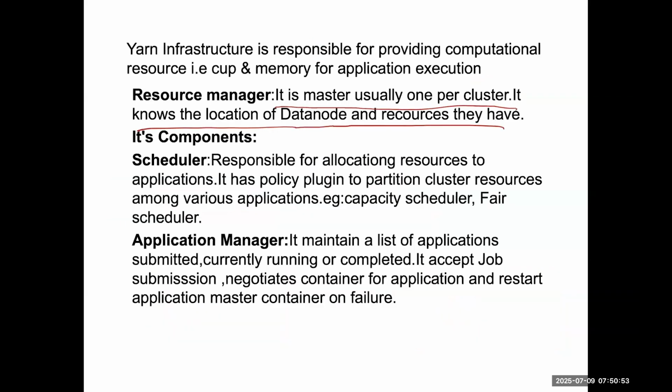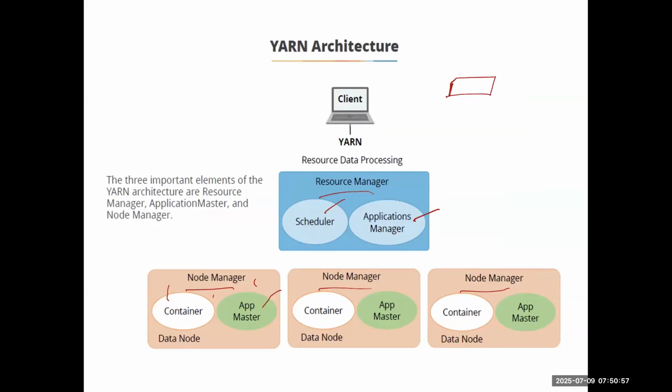But node managers will be multiple because they will run the jobs. Okay, so now we have two components, the scheduler and the application manager. Let's see what the scheduler does; the name itself tells you it will schedule the job. Let's suppose you have multiple jobs A, B, C, D. These four are the jobs. Where these jobs will run, on node manager one, node manager two, or node manager three, where I should schedule them, those are the responsibilities of the scheduler.